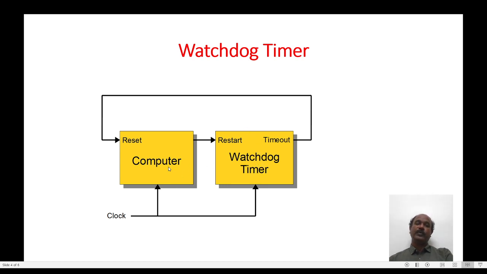Okay, so when I start the computer, at the same time the Watchdog Timer is also started. So this internal counter starts counting from 0. Now for every clock pulse, this counter goes on incrementing by 1. Now before this counter reaches its maximum value, what the computer has to do, at every few seconds